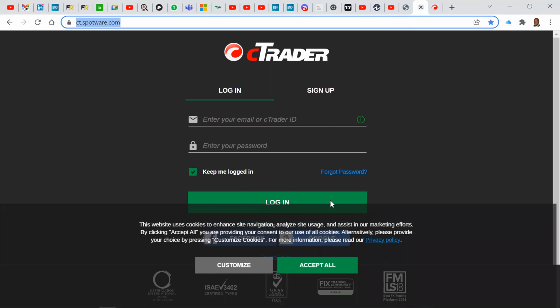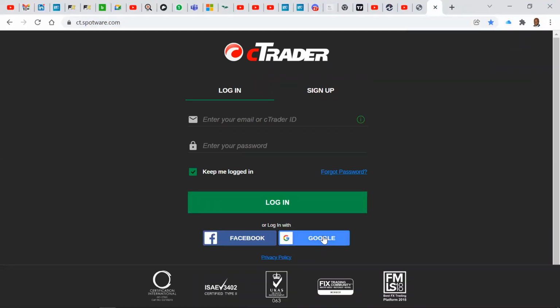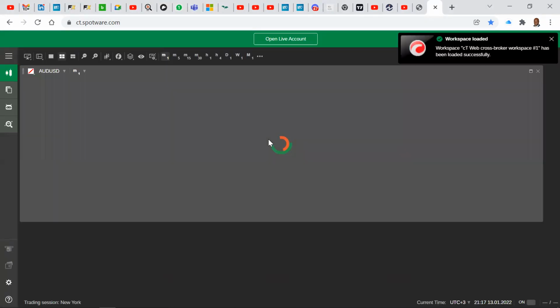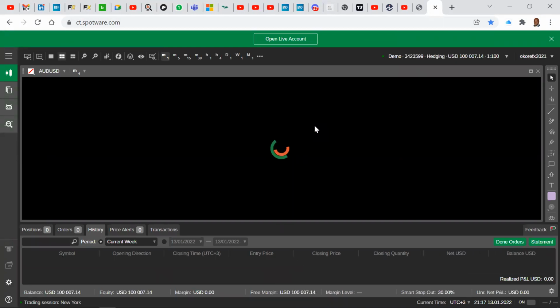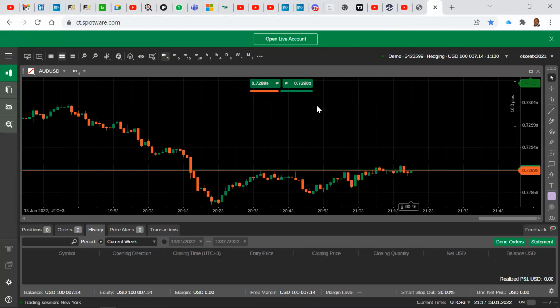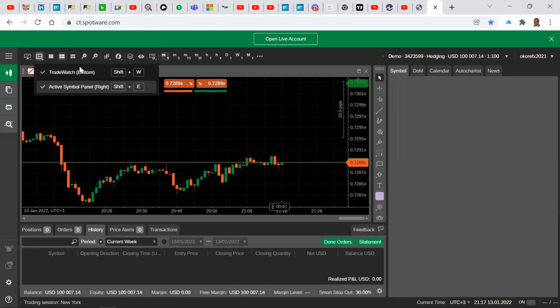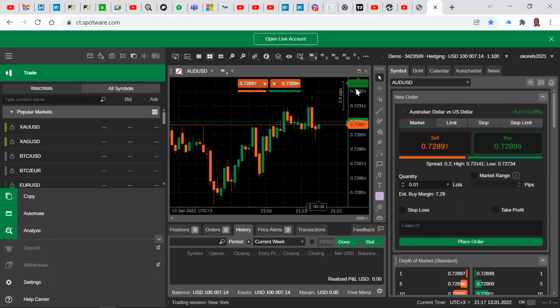So now I think I'm logged out on both of them. I will come here. It asks me to continue if I want to use CTrader ID. These are all the emails that I use for Forex. So I clicked on one, and now it's opening. For you, whatever email you have, once you log in, the default setting, which I'm going to return it to, is something like this.